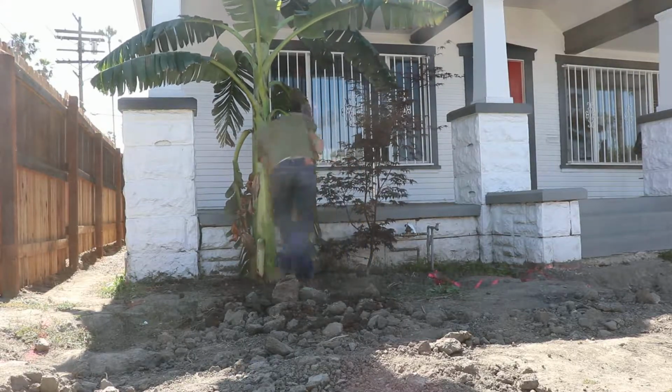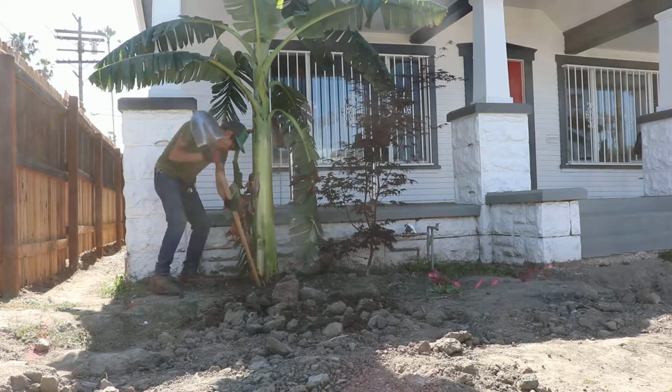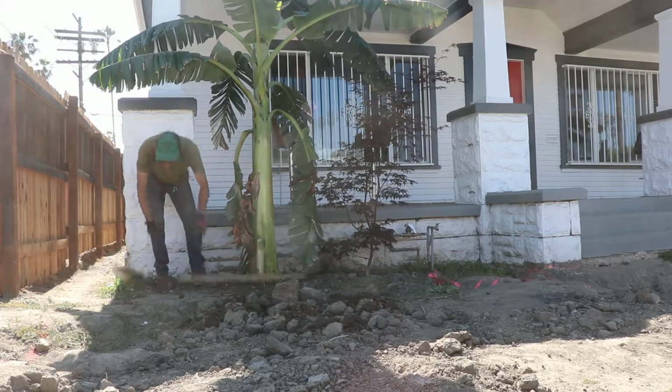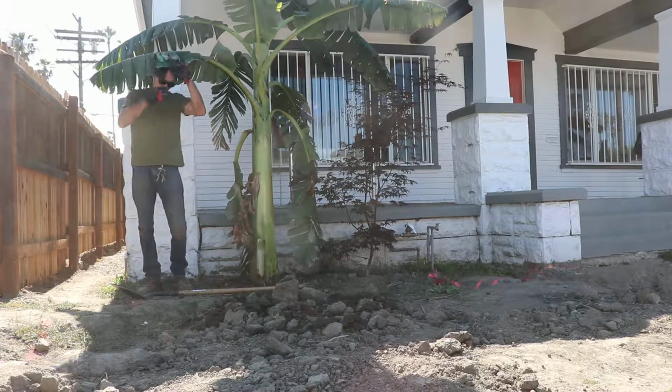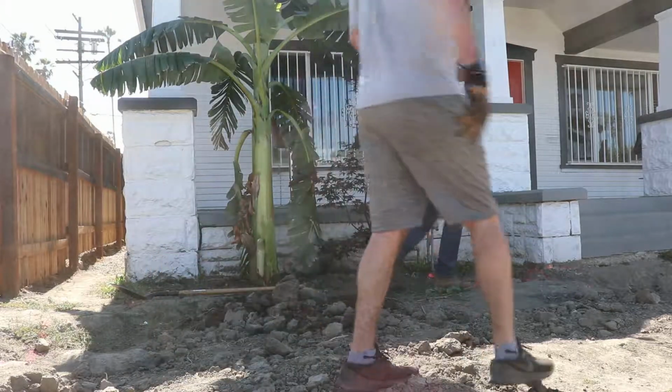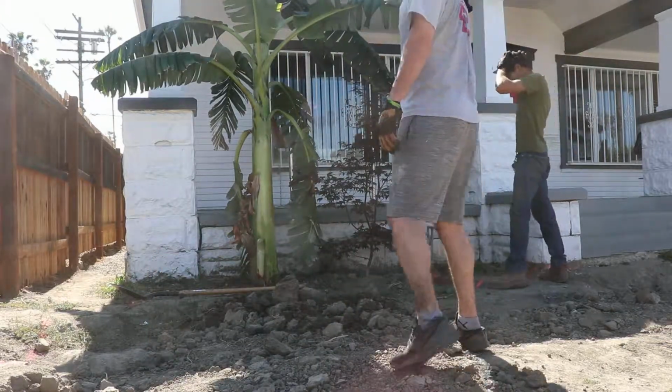Check it out, bro. Oh, it looks way better, man. We're gonna put 2 more. Oh, motherfucking rock. We'll put 2 more. Hell yeah. It's gonna fit. That thing dwarfs that maple. Perfect. The maple will catch up. This one just needs to go in